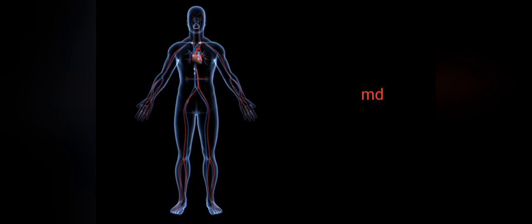So this is the whole structure, and all the veins connected to the heart are represented. The heart is the main internal organ of the human body, because